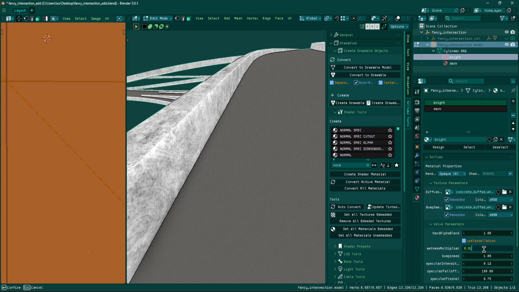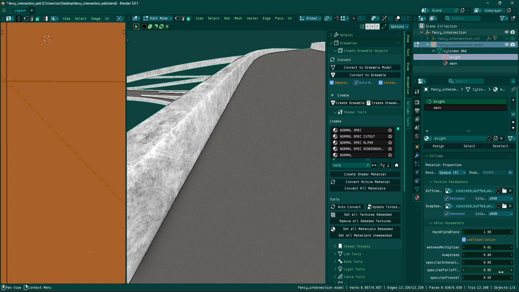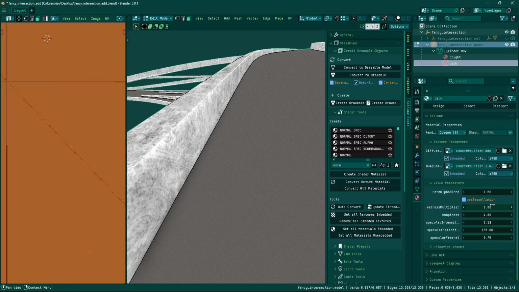Wetness 0.01, bumpiness 0.2, spec 0.05, Fresnel 0.5, and the same for this: 0.1, 0.2, spec 0.02. All right, and